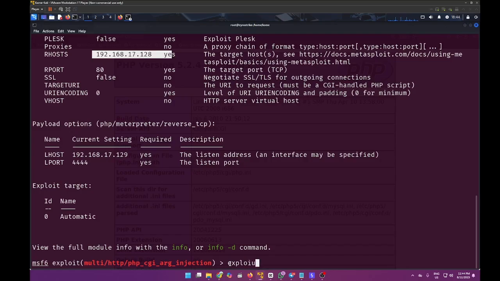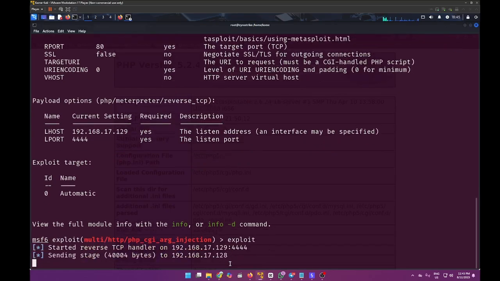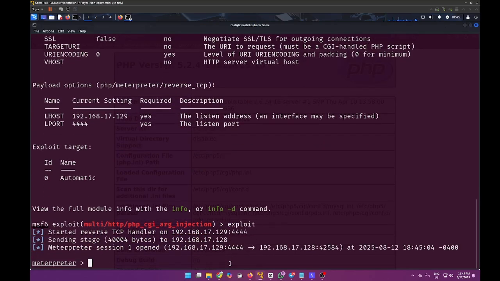You can type exploit or type run. They would perform the same thing. Exploit, and we have a Metasploit session that has been created. Whenever you have a Metasploit session, it means your payload has worked, right? It started by starting a reverse handler, what handles the connection on our Kali Linux on port 4444. Then it went ahead to send 40,000 bytes of payload to the target server, and that is of course what triggered it to connect back to us